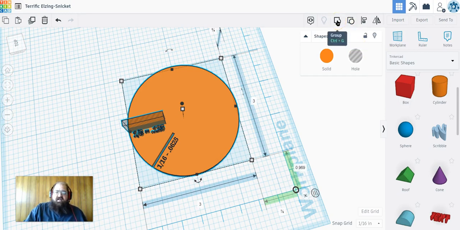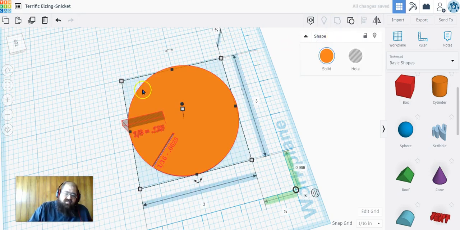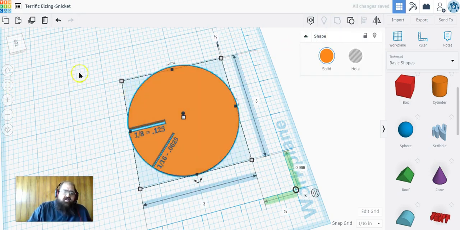So we'll group those again. So we'll group that, and that'll cut those spaces out of the disk. And now we have 2 slots. So continue doing that, working your way around the disk. So go through, put in all the slots, put in your text saying what they are, and then you can do that. You know what, actually,